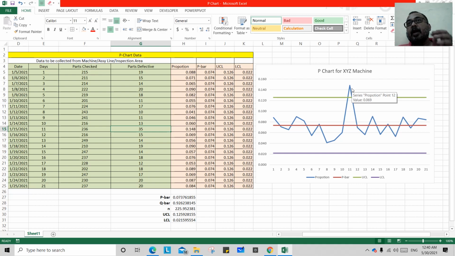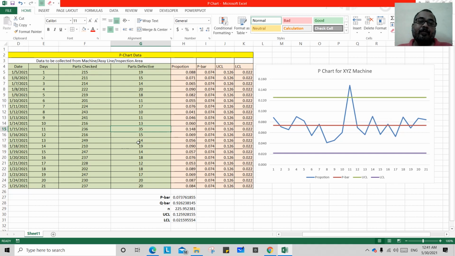But if it is a one-off case, people believe that if on one particular day it goes beyond UCL, then okay, it happens, it goes on. One day it went, fine, then we brought it back in control. So it should not be like that. If it went beyond that, then there must be an assignable cause. It has to be investigated so that it doesn't repeat again.